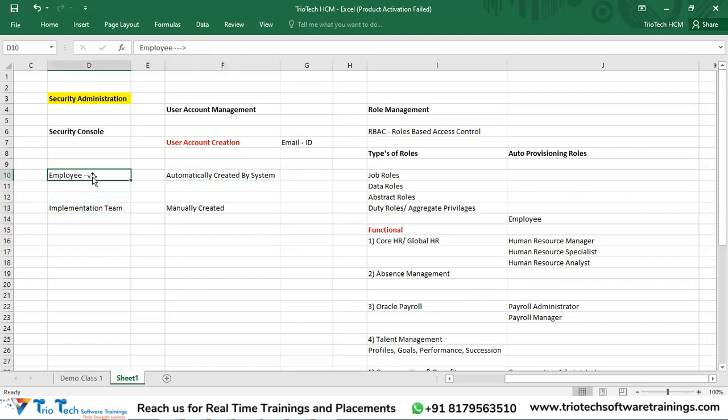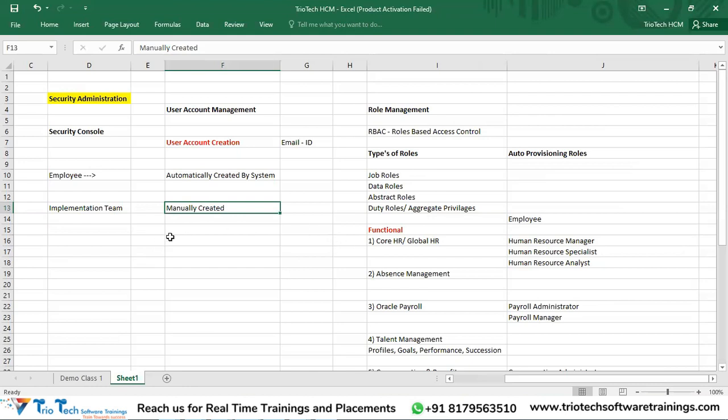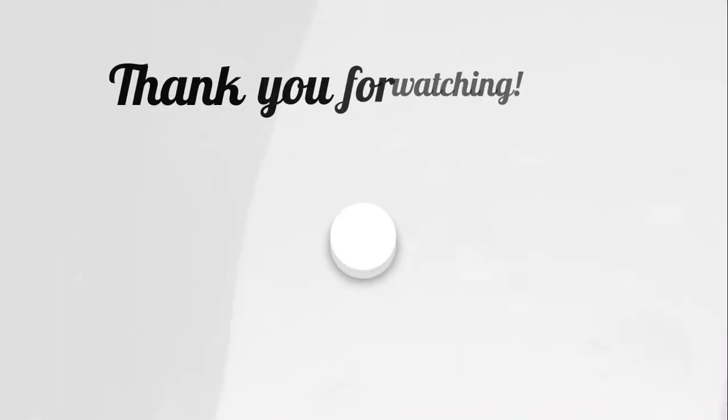And other than employees, for just user accounts, if you are creating them for the entire implementation team, then this is the way, team. So when we go for a project also, the client gives us the main super user login, team, and for the rest of the team members, we have to create the user accounts in this way. We will go to the security console, create the user account, and we will add